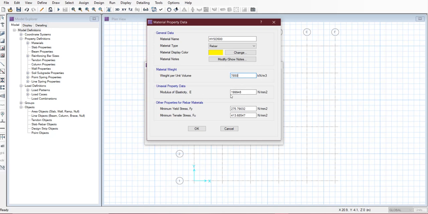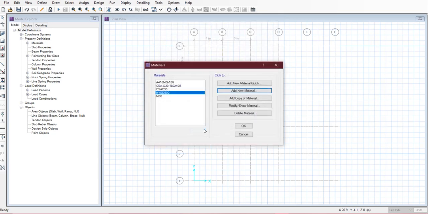Then modulus of elasticity will be 2 into 10 raised to 5. Then minimum yield strength will be 500 MPa, and ultimate tensile stress will be 545. Click on OK. Here material M60 concrete and HYSD 500 bar are defined.